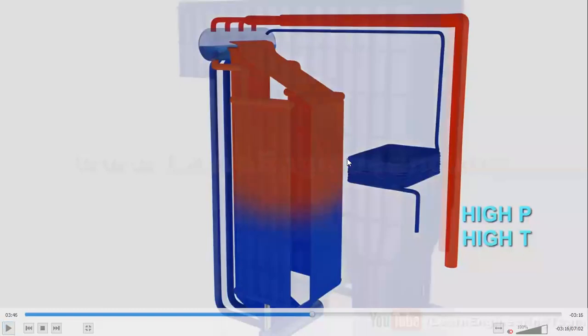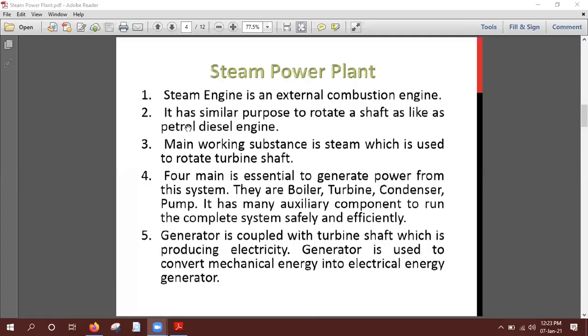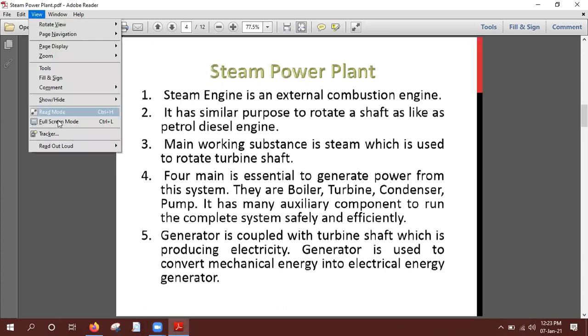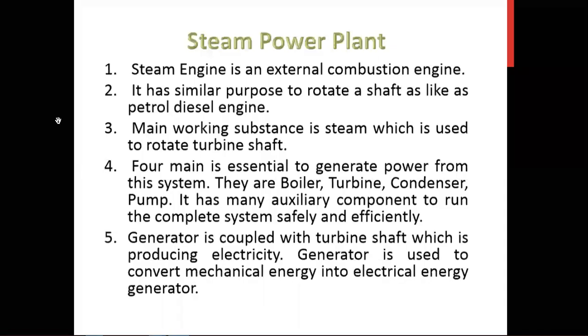The video is a very long video, so I have already given it to you. I request you to see the video properly at home. After that, we continue our slide again. There are some lines available here. You can see that the steam